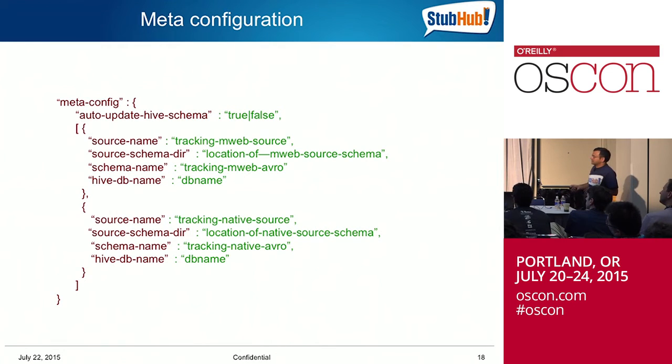You can also inform the adapter where the schema for the incoming data is, and where my bookkeeping directory is. Where can I bookkeep it to say what have I seen before, what am I seeing now, and what's the delta, right? These are some of the things, and also what schema should I create, and what's the DB name and all of that, right?